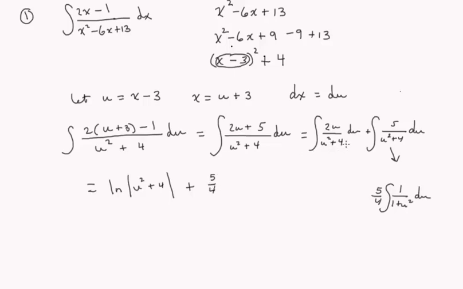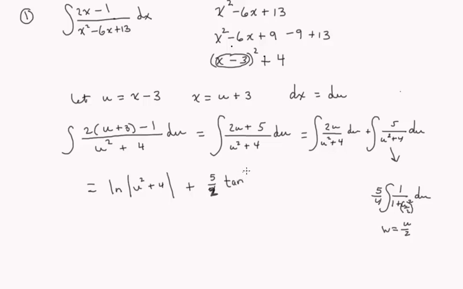Let me back up here. This is actually going to be u over 2 squared. See, if I factor out a 4 out of this, I need an over 4 and then a quantity u over 2 squared. So with a u substitution here, I'll say a w substitution is u over 2. That's actually going to change this to be 5 halves. So we have 5 halves